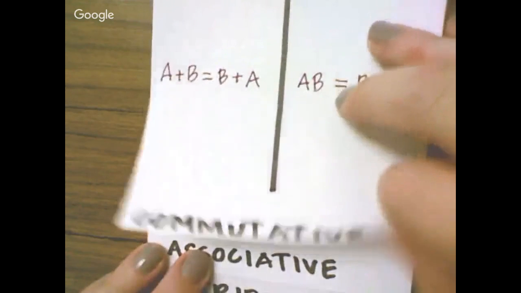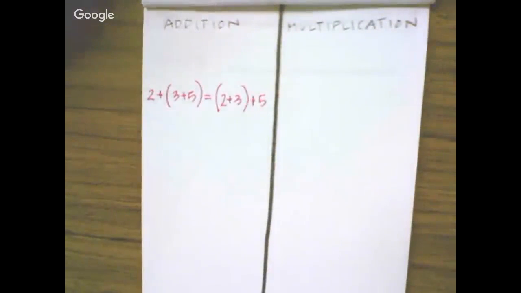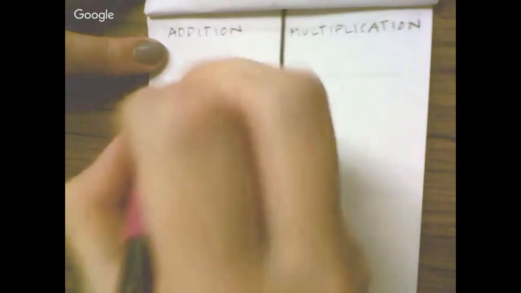So the next one, our associative property. This is how are they associated? So in addition, let's say I have 2 plus, parentheses, 3 plus 5. I want to know, is it the same if I change my parentheses? Let's say I have 2 plus 3 and then plus 5. Well, if I do my order of operations, parentheses first, I would have 2 plus 8. And let's say that's equal, parentheses first, to 5